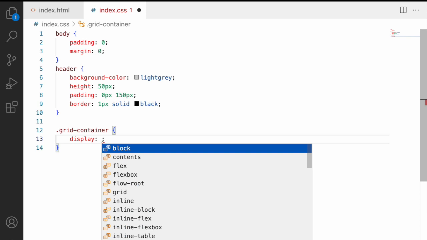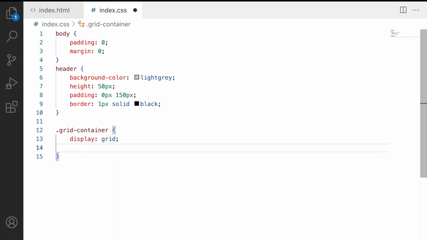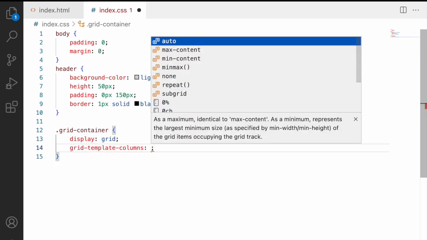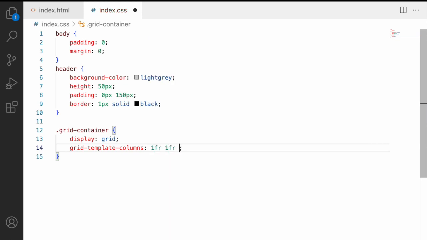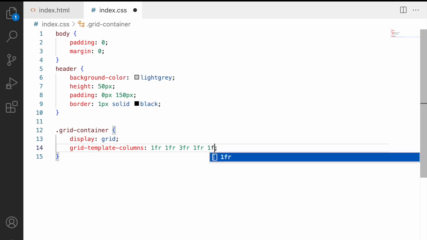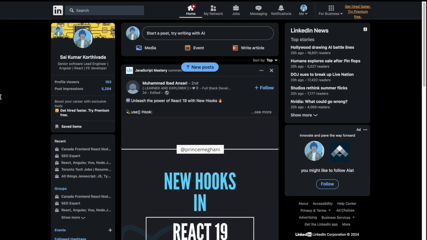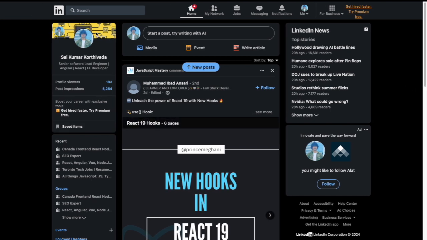like display of grid, and I want to give a template columns, that is a grid-template-columns of 1fr, 1fr, and 3fr. Let me go with one more fr. So I'm just trying to divide them into 5 columns. So first and last column will be empty, and this one you can use 1 column, 2 column, or and